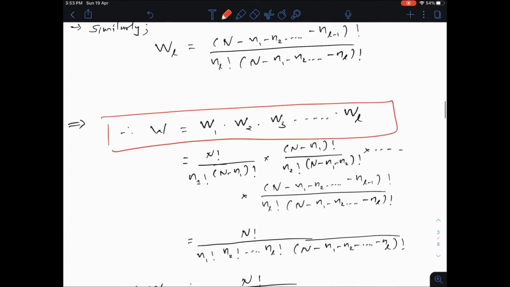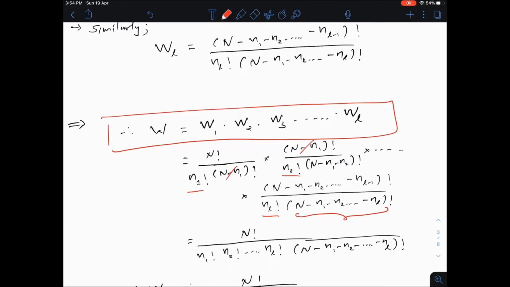Is it clear? Okay, correct. Then we substitute the values. Over here we see that we can simply cancel out the numerator and denominator with those of the next term, right? So what we are going to be left with is n factorial in the numerator from the first term, and in the denominator n1 factorial, n2 factorial and so on up to nl factorial, along with the second last term